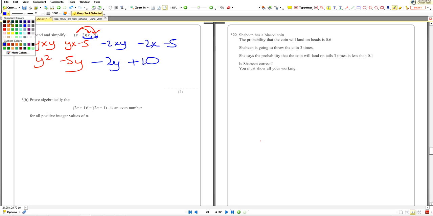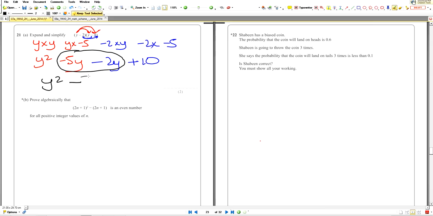What do we get? So the y squared stays as y squared. This part simplifies because they're both y terms, collecting like terms. That gives us minus 7y. And that part stays the same, plus 10. So did we get y squared minus 7y plus 10? Yeah. And the answer goes here. Okay, prove algebraically that (2n plus 1) squared minus (2n plus 1) is an even number